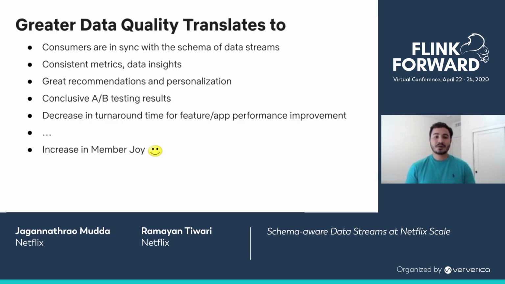Finally, I want to wrap this talk by summarizing the impact this initiative had on the data science and engineering organization. All of our data consumers, whether streaming or batch, are now aware of the schema of any particular data set they are consuming. Any changes to the schema are only rolled out when we can guarantee that it is backward compatible. So no more breaking consumers because of schema changes by producers. The metrics collected through data pipeline are more consistent than ever before.